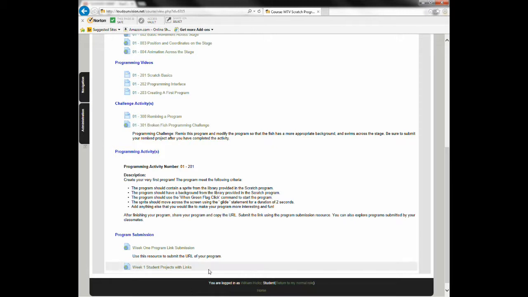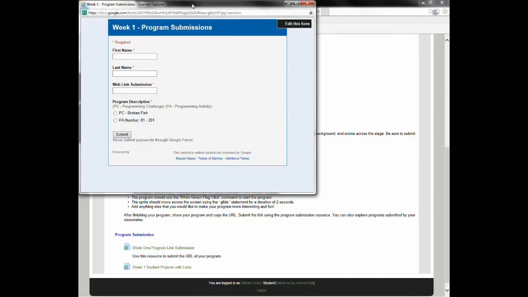Each section has what's called a program submission. I'm going to right now click on Week 1 Program Link Submission, and I get another pop-up window, and I'm going to say my first name is Moose, and I am Moose number 032, and where it says Web Link Submission, I'm going to right click,